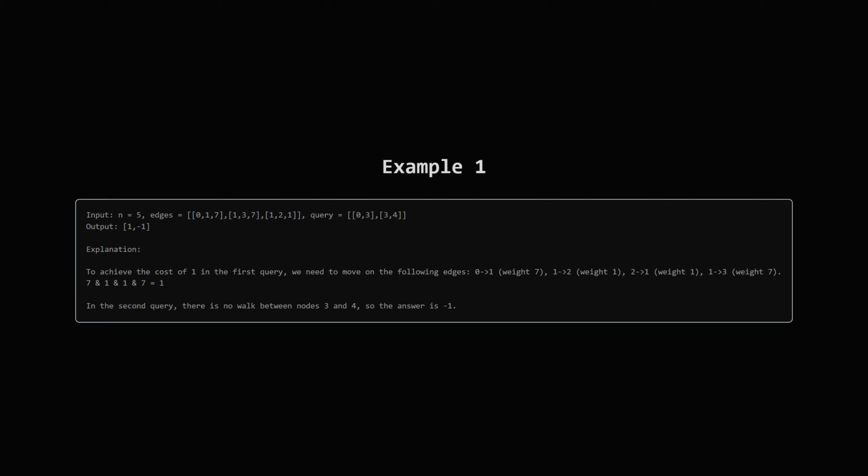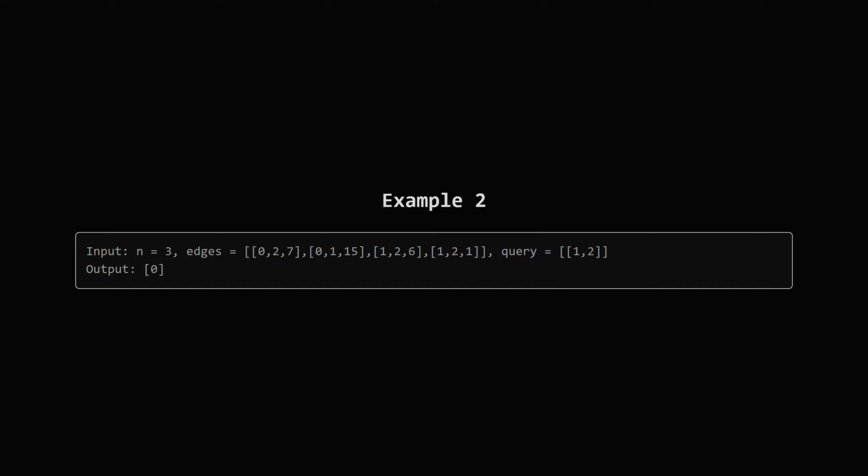The second query asks for a walk from node 3 to node 4. However, there's no connection between these nodes, so the answer is -1. In the second example, a walk from node 1 to node 2 is requested. It is possible to go from node 1 to 2 using an edge with cost 6, back to 1 from 2 via edge with cost 1, and go back to 2 with cost 1. Calculating bitwise AND of 6, 1 and 1 we get 0. It is the smallest value we can get from walking these nodes, because any path and walk between nodes must